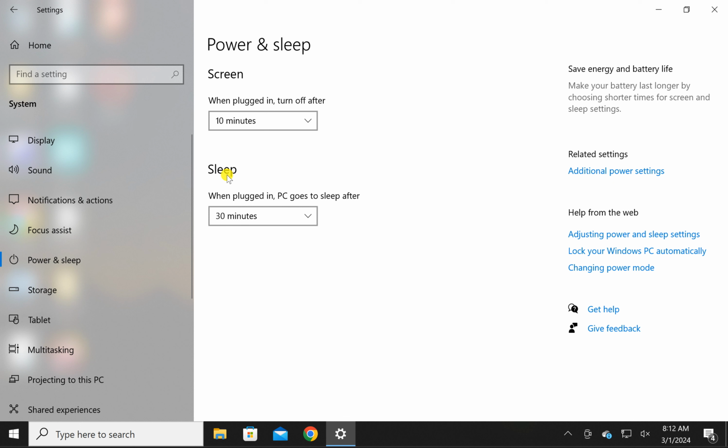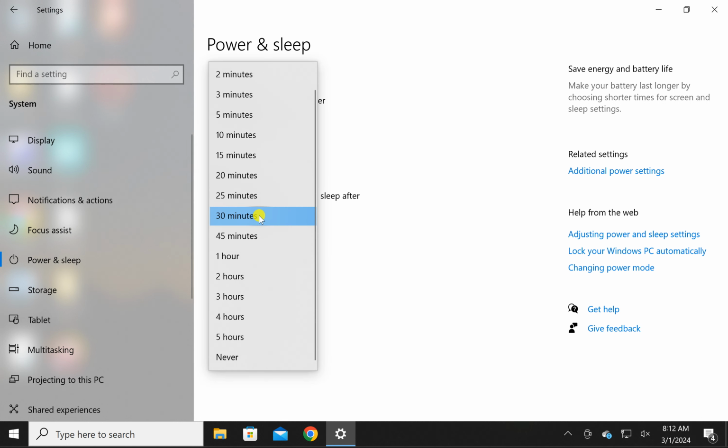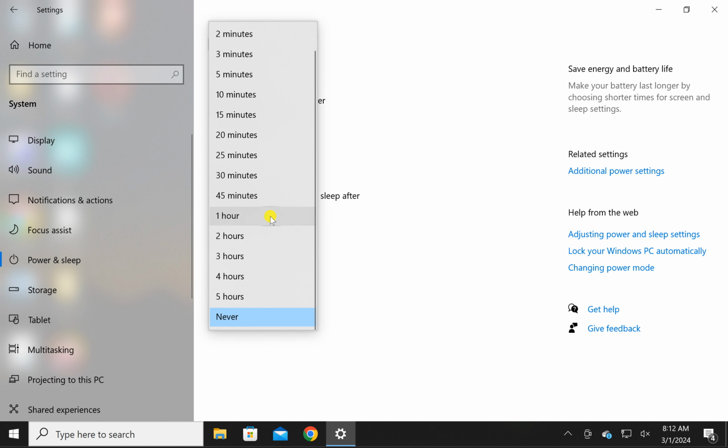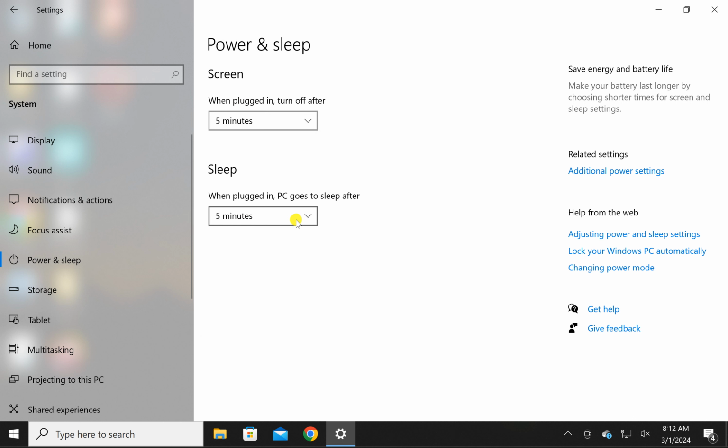On the right, under the Sleep option, you may find two options in case your PC is powered by battery. Select this drop down menu, and to disable sleep mode feature on Windows 11, select this Never option. And in case you want to enable sleep mode, you can select after how many minutes your PC should go in sleep mode, such as 5 minutes,